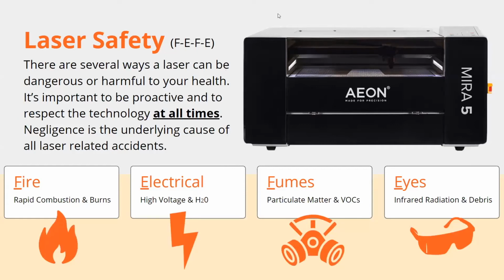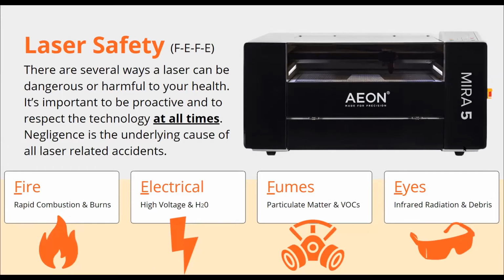So let's get started. We've got safety, and I'm going to breeze through this because this is something you guys can easily go back and see. And it is pretty lengthy, but it is important. So there are four things you really need to concern yourself with: fire, electrical, fumes, eyes, FIFI. All right, that's the acronym for that. So a couple different ways there that